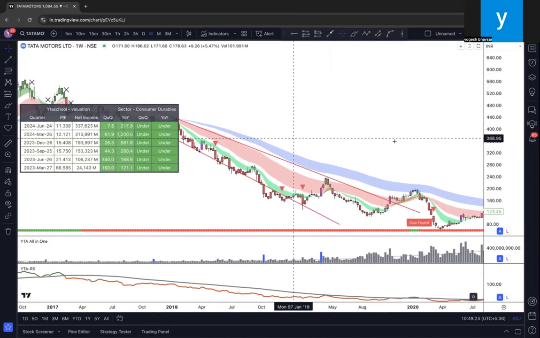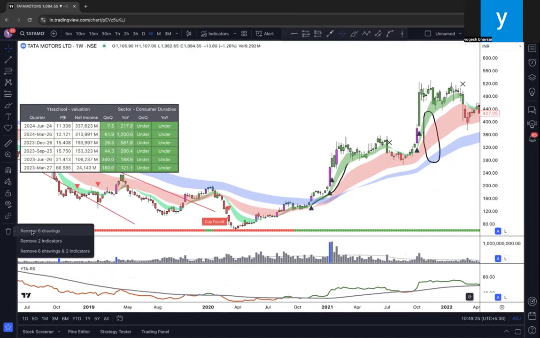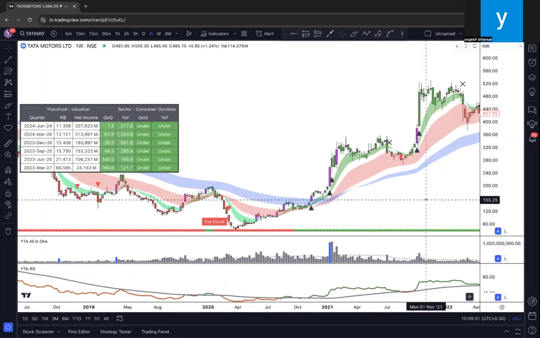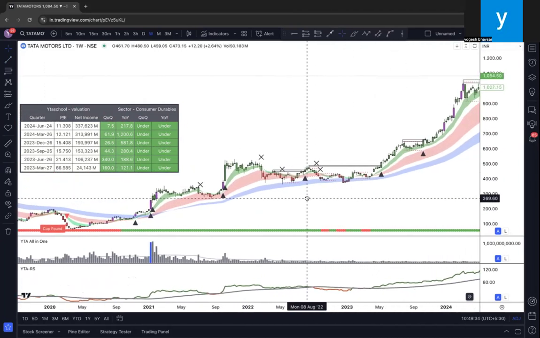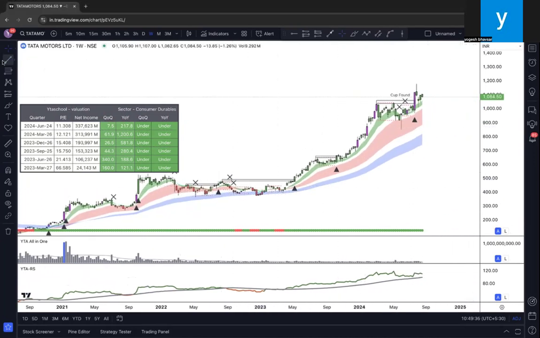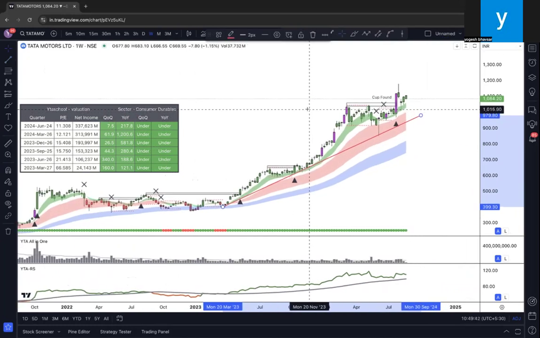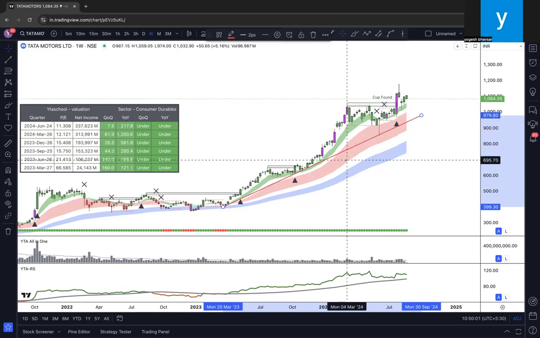That means maybe the short term, long term, swing term, whatever you may call, it's a downtrend. Okay. And vice versa, if the green cloud is above red and red cloud is above blue, and the candles are green like this, that means the swing time frame, the longer time frame, or whatever you call, it's an uptrend. Will the stock go up? We cannot say anything. But the point it is trying to say is that the trend is up.